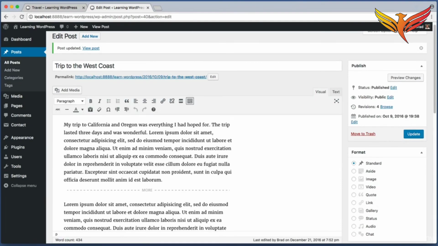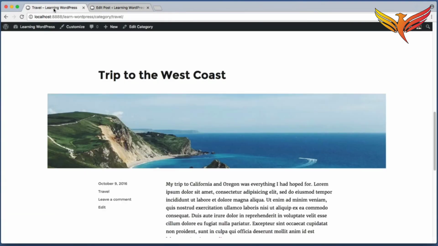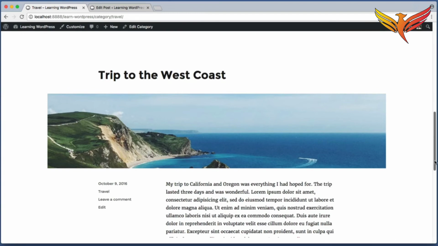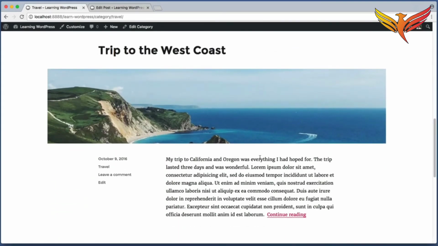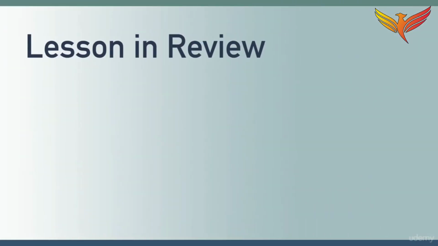All right, my changes were saved, and now if I switch back to the public-facing view of my website and refresh, remember I'm currently on the Travel page of my site. If we scroll back down to the West Coast story, here is the new sentence. Perfect. Now, believe it or not, over the last 10 minutes, you've just learned about 90% of WordPress. Pages and posts are the heart and soul of WordPress websites. It's really that simple. Now, before we bring this lesson to a close, here's a review of the key points